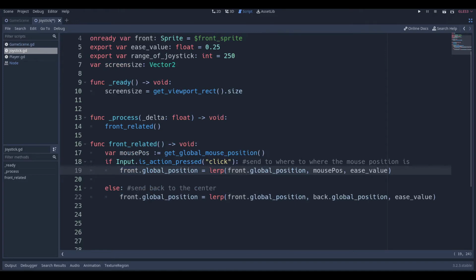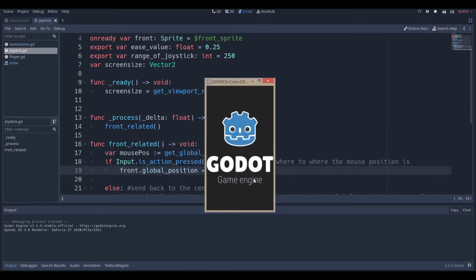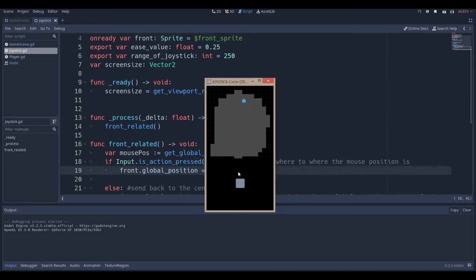But obviously we can't do that because it will look really disgusting, and I'll show you what I mean by disgusting. So if we just set it equal to the mouse position, we're going to get something like this. Yeah, it looks like it's just teleporting to our mouse, right? The reason it's